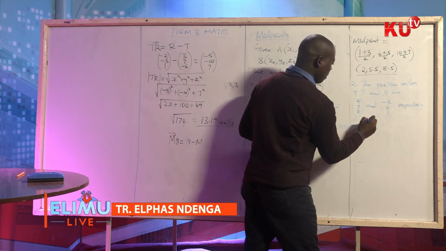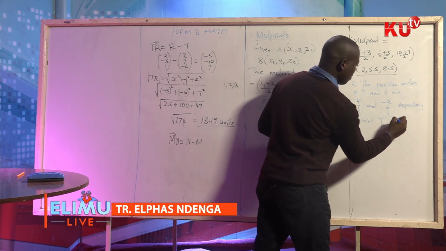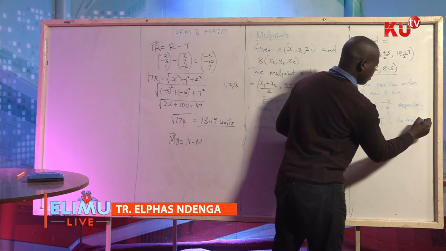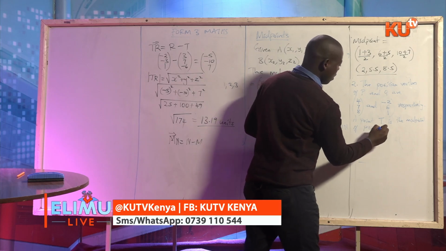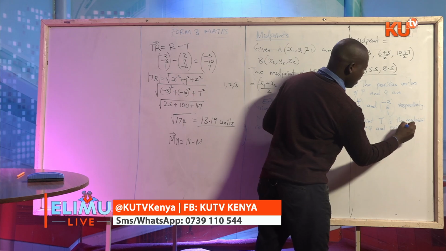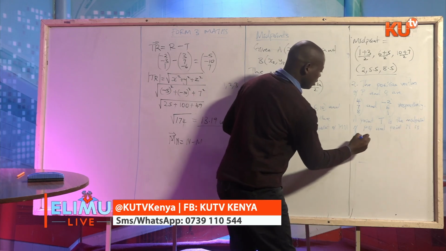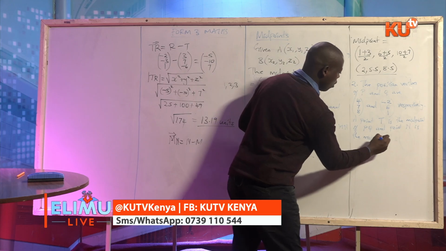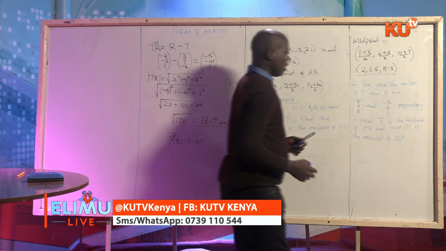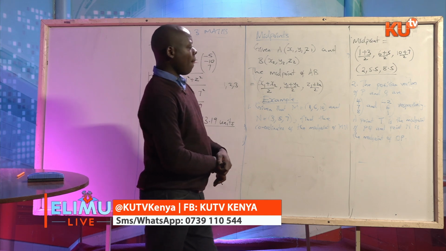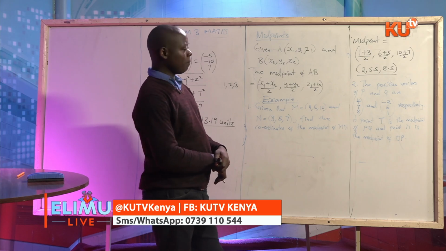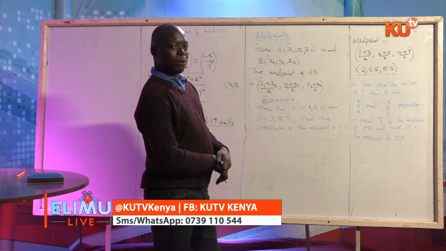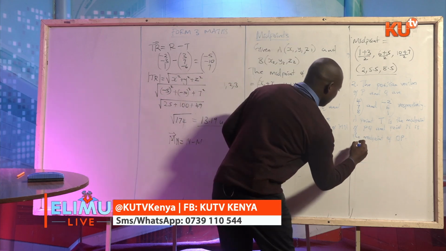A point T is the midpoint of PQ, and point N is the midpoint of OP. Then you're told to find